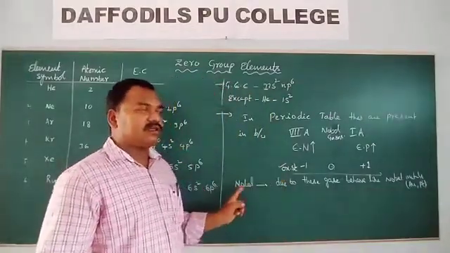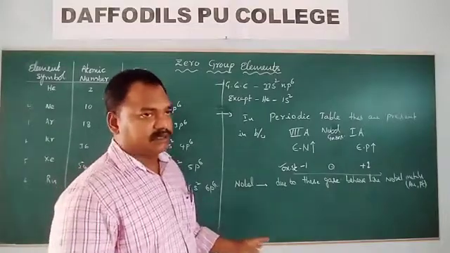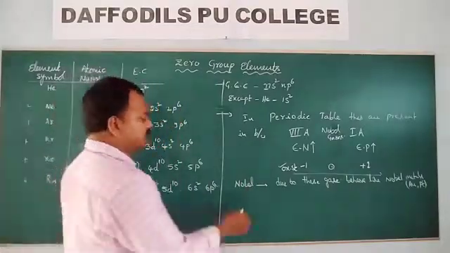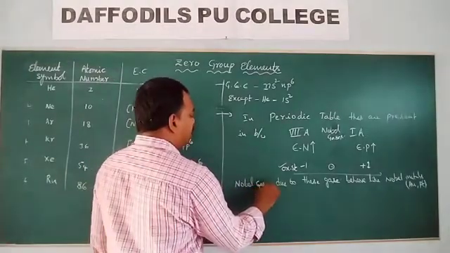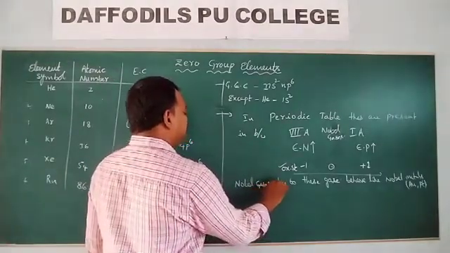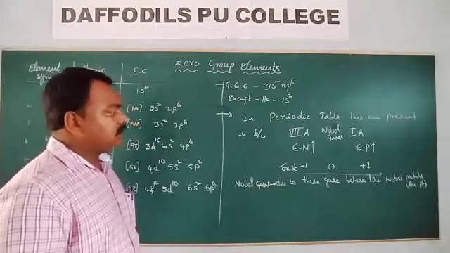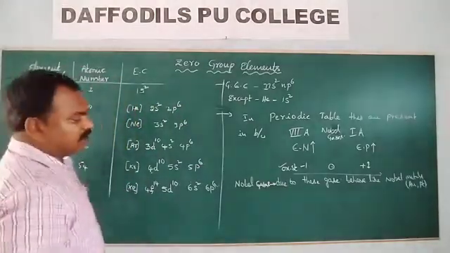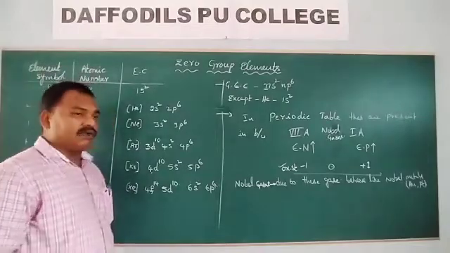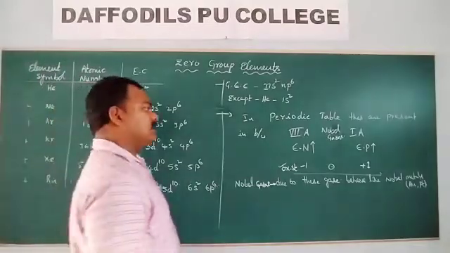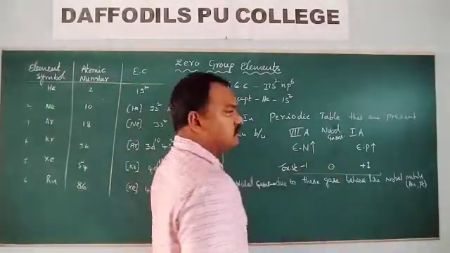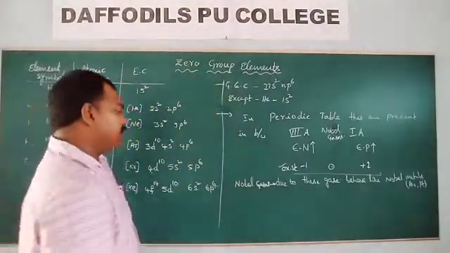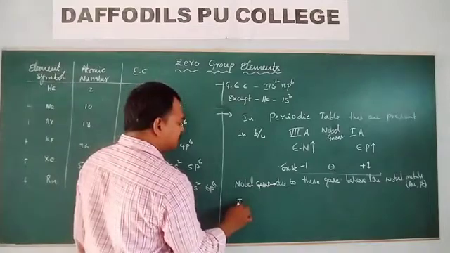These gases also do not react with other substances. Hence these are known as the noble gases. So like noble metals, these gases do not react with other things. Hence these are known as the noble gases. Their oxidation state is 0, hence known as zero group elements. These are also known as inert gases.